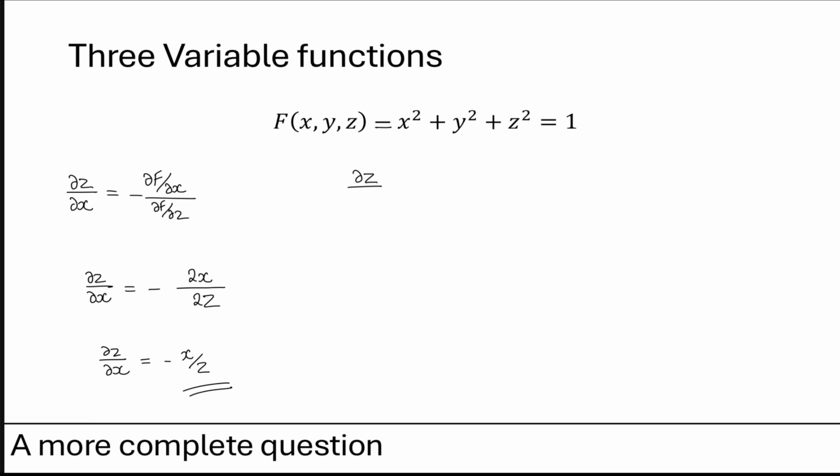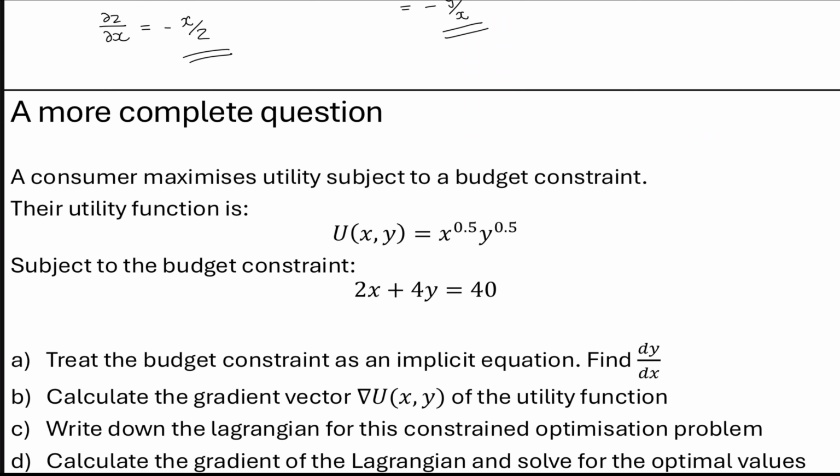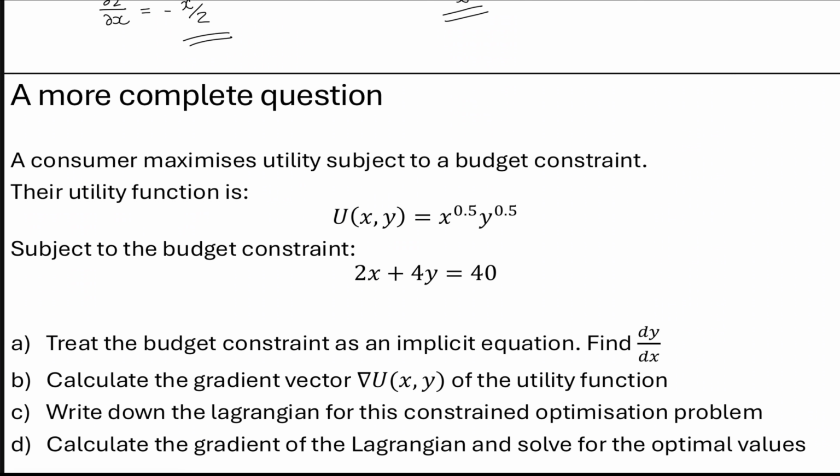If we were going to find the partial derivative of z with respect to y, so this time keeping x constant, we will have to do the partial derivative of the function with respect to y, and then the partial derivative of the function with respect to z. So we get minus 2y over 2x, which is the same as minus y over x. Cool. If we now look at a more complete question, so something that we might see in an exam,